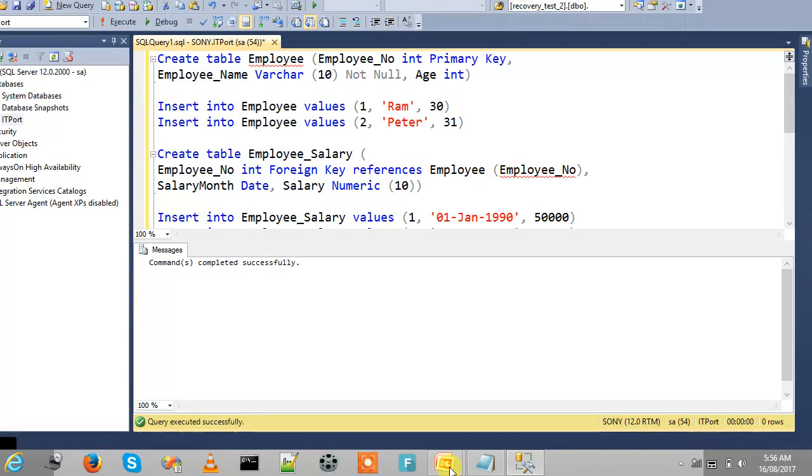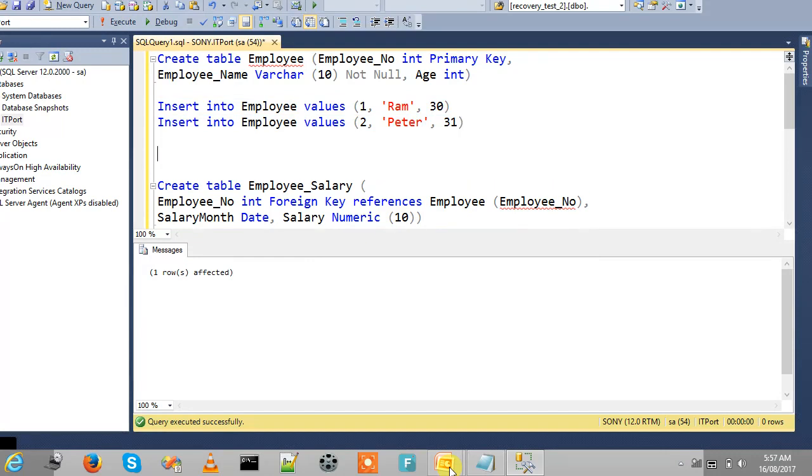Here I am going to create one table, employee: employee number integer primary key. So this is a primary key column, employee number, and employee name varchar of 10 not null, and age is integer. Just create this table, execute it, and give two records to this table. Insert into employee values 1 and the name, and age is 30, and again second employee 2, age 31. So here the primary key is